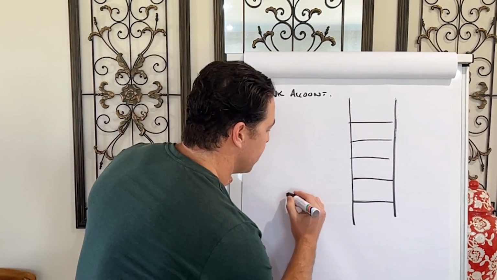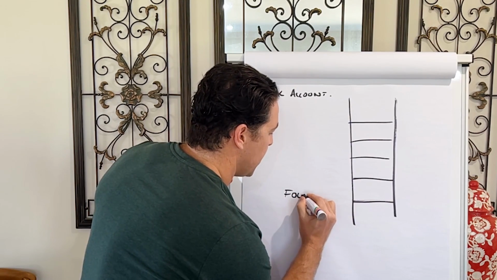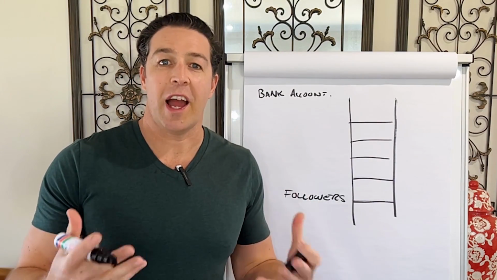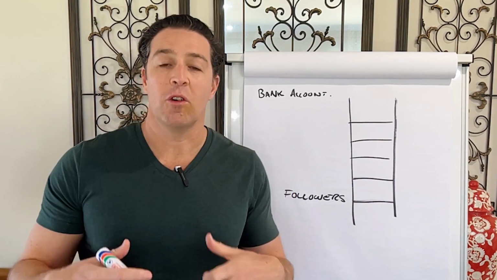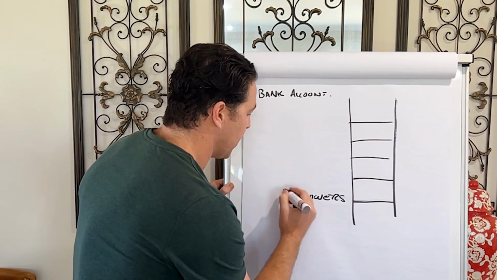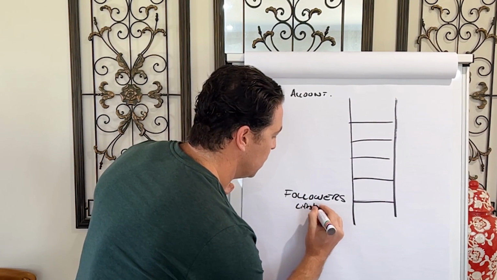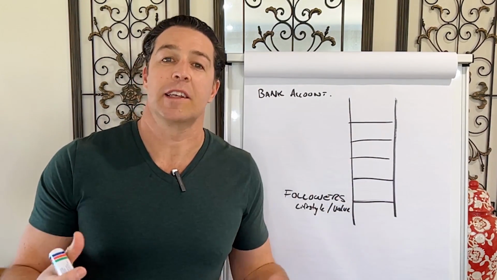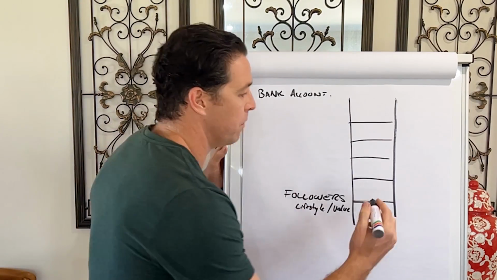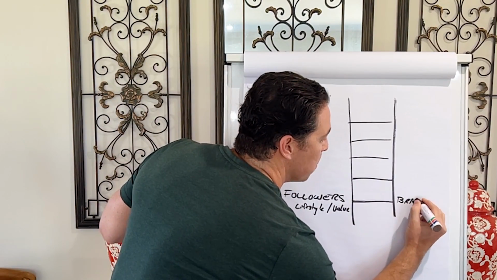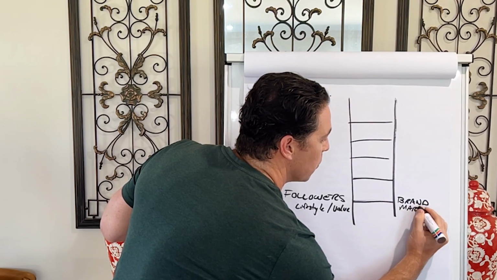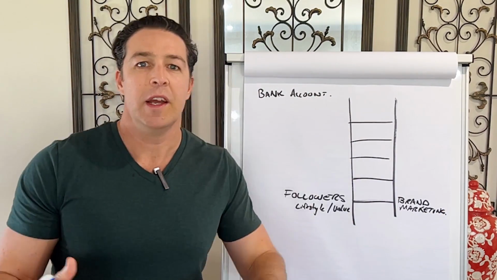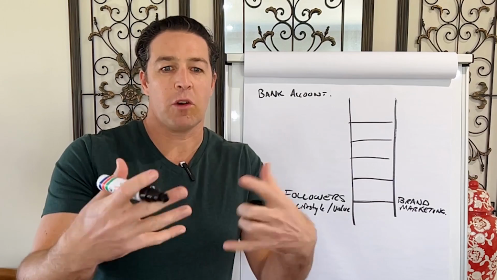Now, the first thing obviously is that we have followers. Where have these followers come from? Well, they've come because they love our posts, they love our lifestyle, or we've given them some value. So they've come from lifestyle or value posts that we've done. We've created content that they liked, and they wanted to follow and learn more. We call that brand marketing, or brand awareness. This is who I am, this is what I love to do, and this is what I love to talk